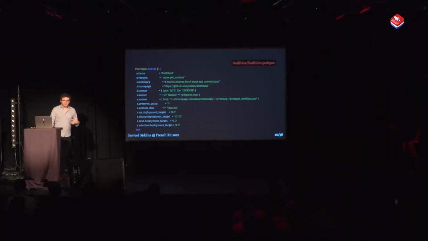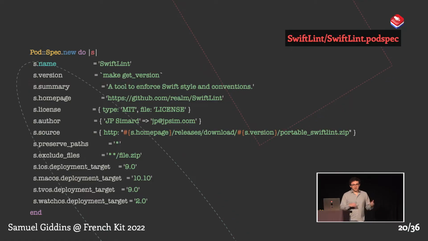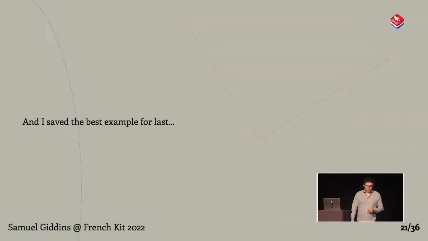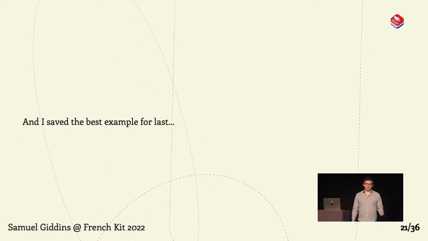And finally, for completeness' sake, this is the podspec file that's in the Swiftlint repo. This doesn't actually build Swiftlint. It only downloads the Swiftlint executable, so you can then run it outside of Xcode. But overall, it's pretty similar in being semantic to the package.swift file. We say, here are the files, here are the targets we work for, here's a version, and so on. And of course, I saved the best example of how we describe iOS builds for last.